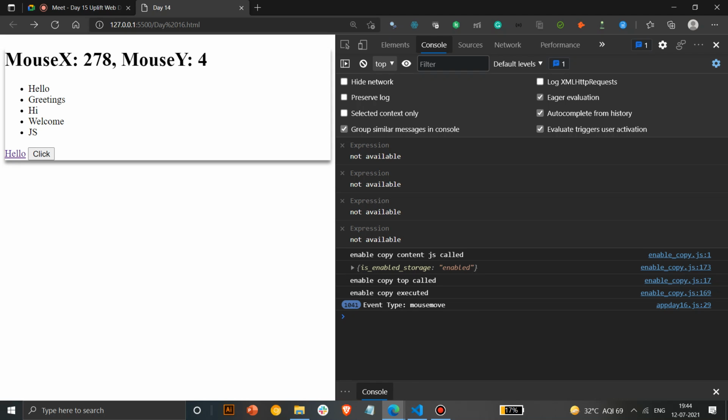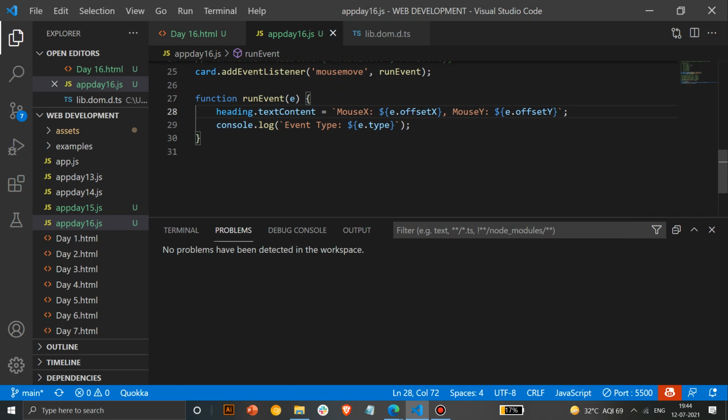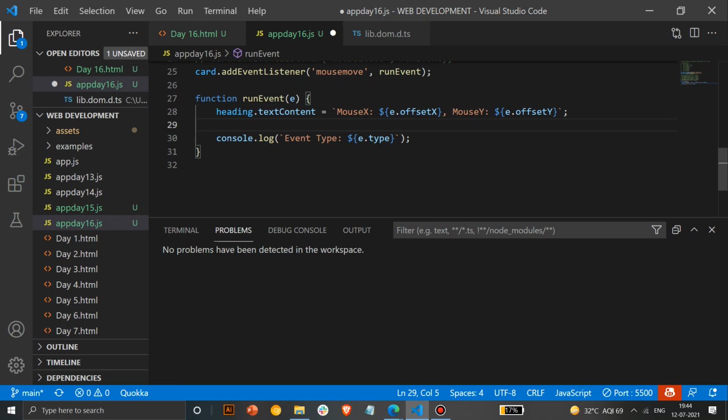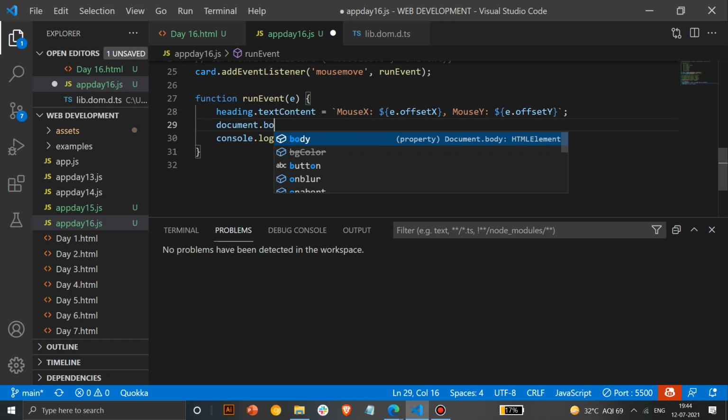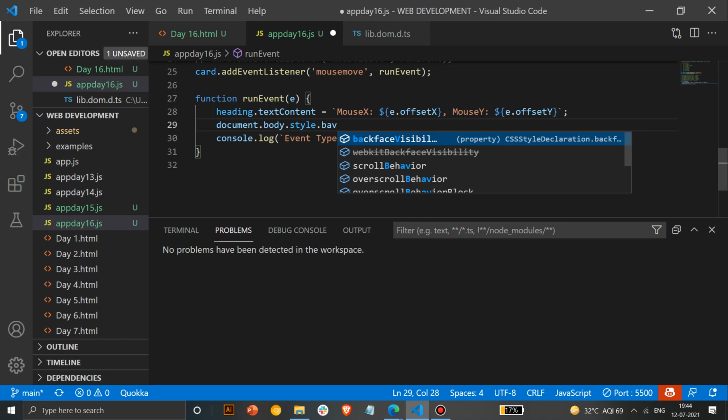This is a little bit fun initially, so you can try this kind of thing out. Also we can do something more fun with this. We'll change the background color also. We studied RGB values. So what we'll do is document dot body, and then we'll change the style for it, style dot background color, and we'll change the background color too.